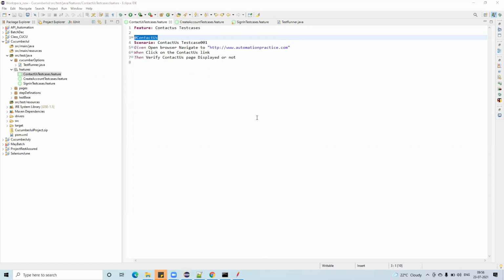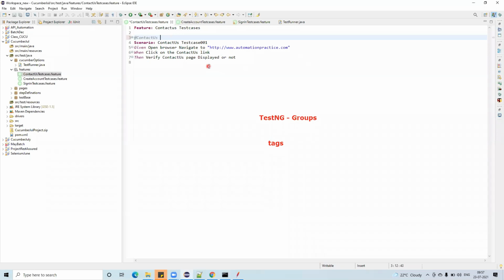This is similar to TestNG groups. Remember the groups concept? We give some name to each and every test case. Either this test case can be used in smoke, or in regression, or it belongs to one of the features, either login, logout, or contact us, whatever it is. Over there we call it groups. Here we are calling it tags. That's the difference. Now what you do is contact us.